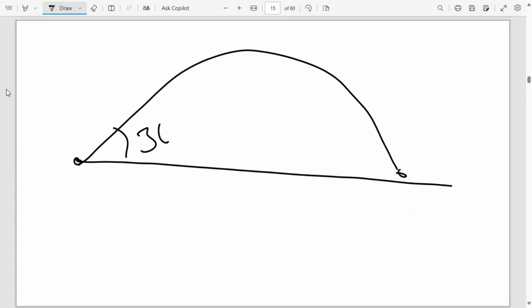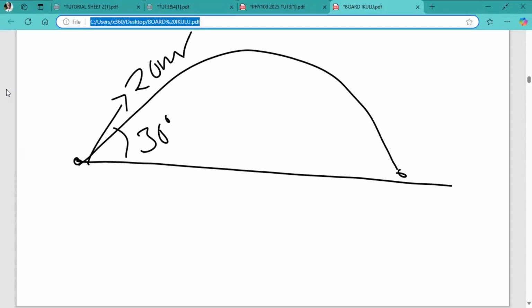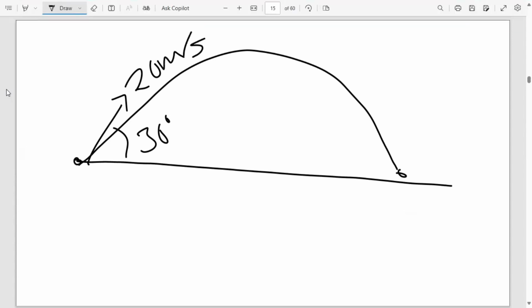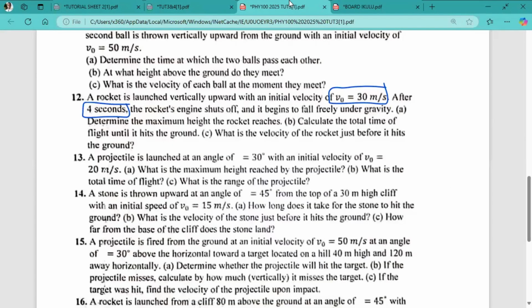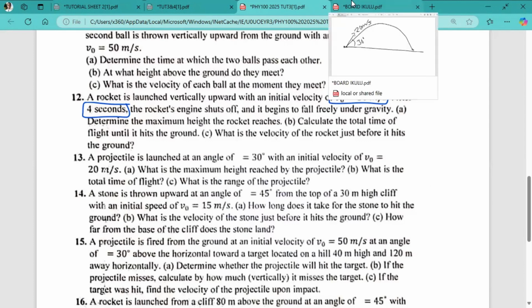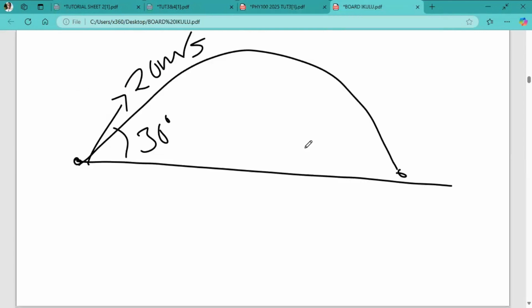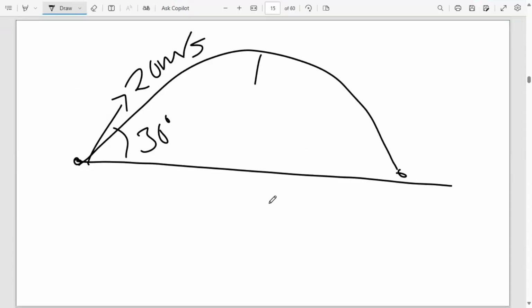So this is 30 degrees, and the initial velocity there is 20 meters per second. So the first question they've asked is, what is the maximum height reached by the projectile? So this height, which is here,